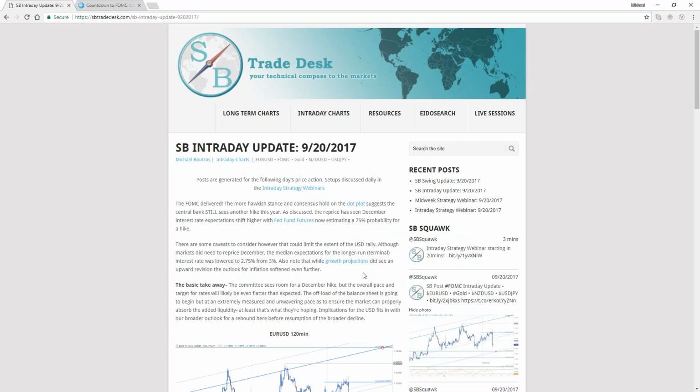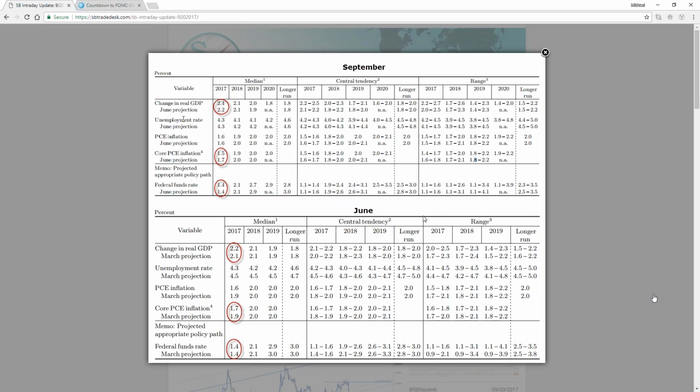The other thing that you want to pay attention to is the growth projections. We got those updates as well, and exactly, again, something we warned about in the morning. You saw that GDP growth forecast upgraded even further. We saw an upgrade last quarter and this quarter. And on the opposite side of the spectrum, core inflation, which was lowered last quarter, was further lowered, to an expectation of 1.5%. Okay, so again, the broader glide path is starting to get a little bit lower, softening as far as the pace. But for the year, that third interest rate hike looks like it's still on the table.